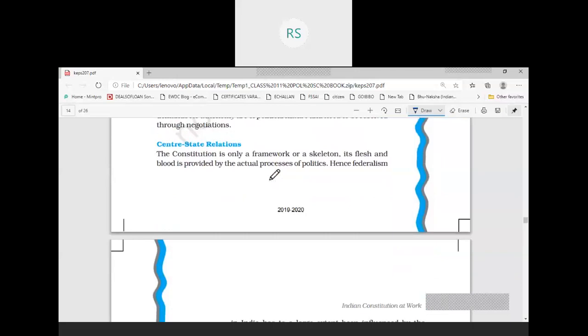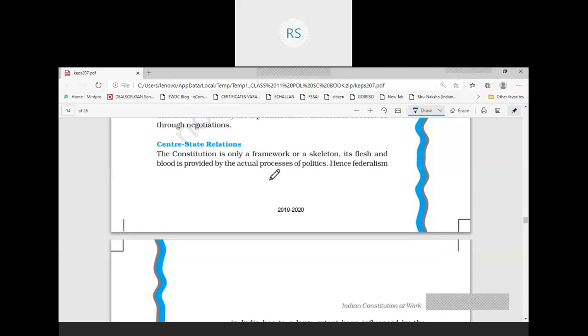The constitution is only a framework, or we can say it is only a skeleton. It gives a structure. It should be like that. But the flesh and blood is provided by the actual process of politics. What is going on in the country actually on the ground level? What is happening? What is the actual process of politics? This determines the